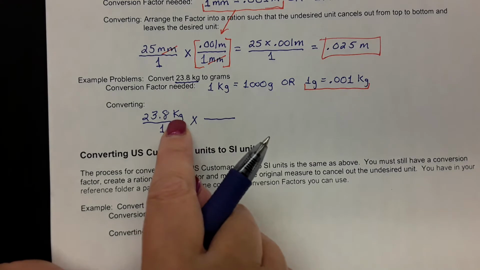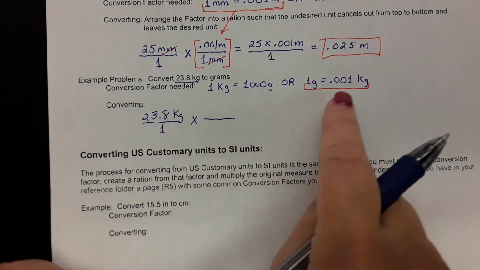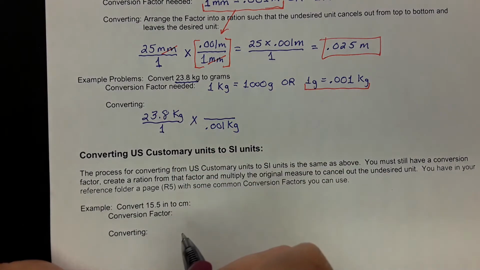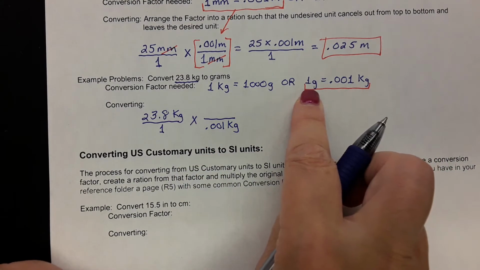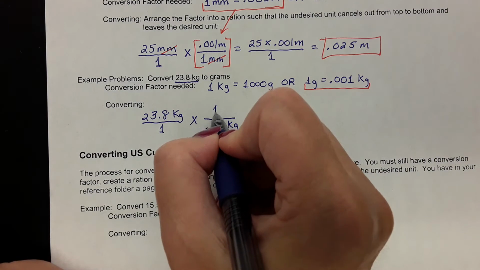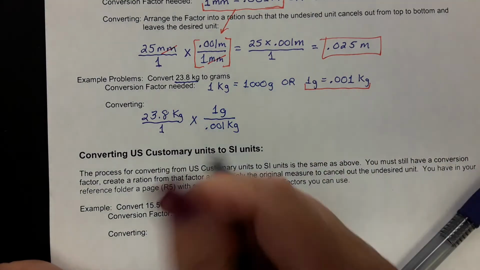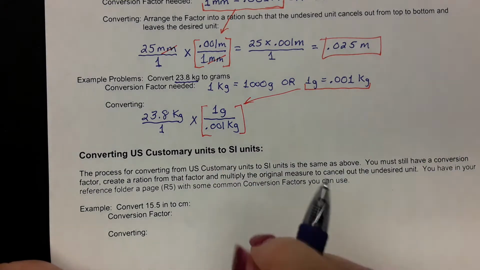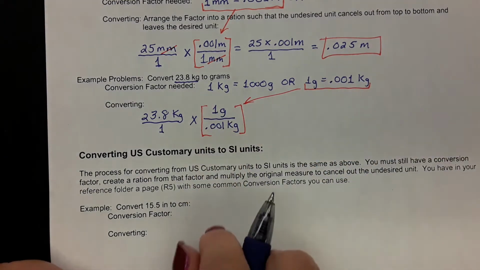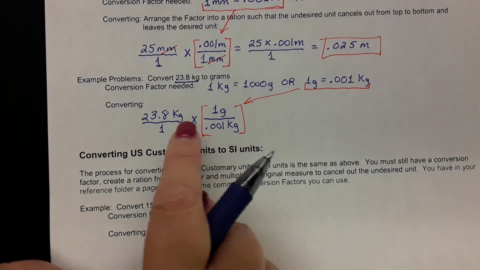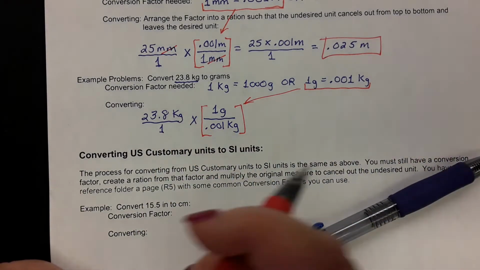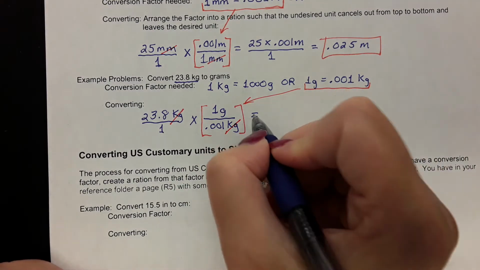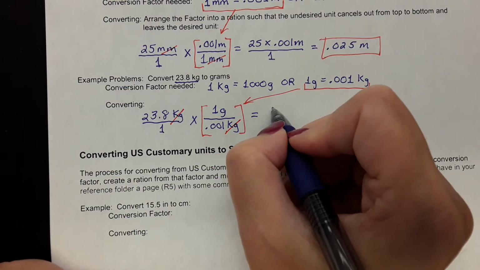Well, if kilograms is on top here, it needs to be on bottom here, so we take this and put it on the bottom. Ta-da! Now the other half of the factor, we're going to put on the top, and we've completed our conversion ratio. Here it is. Comes from that. Okay? Both sides have to be in that ratio. You just want to orient it so that the undesired unit cancels out from top to bottom. Okay? So now we're going to say